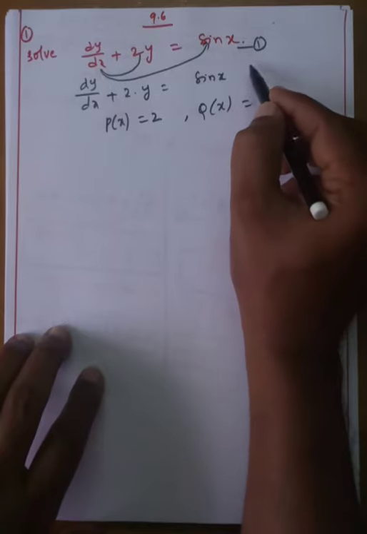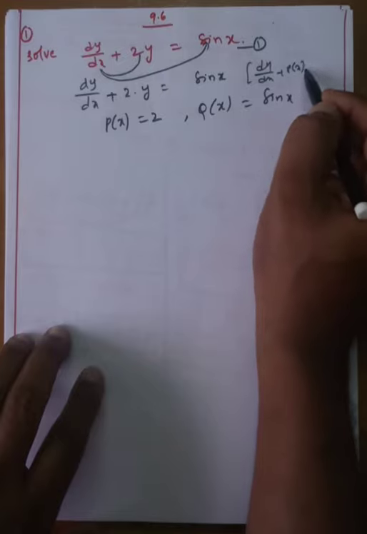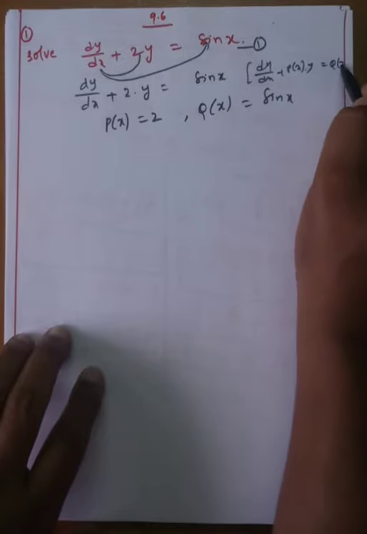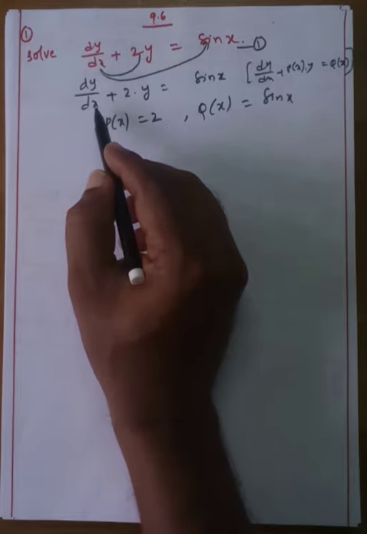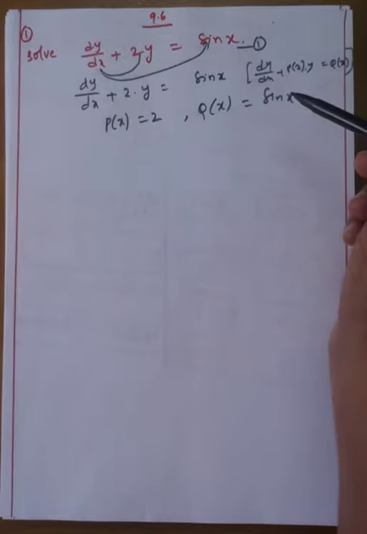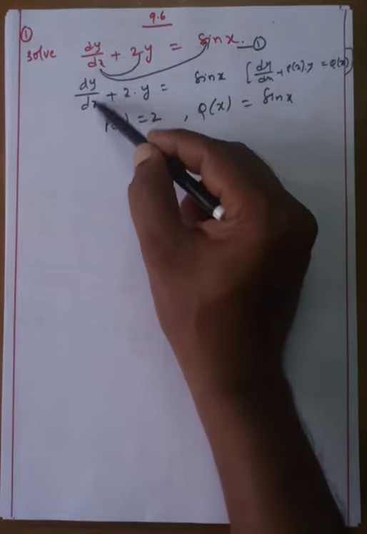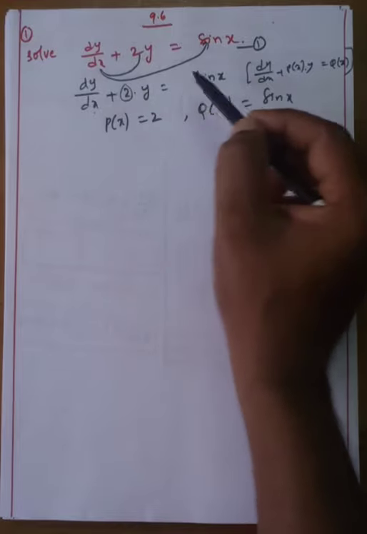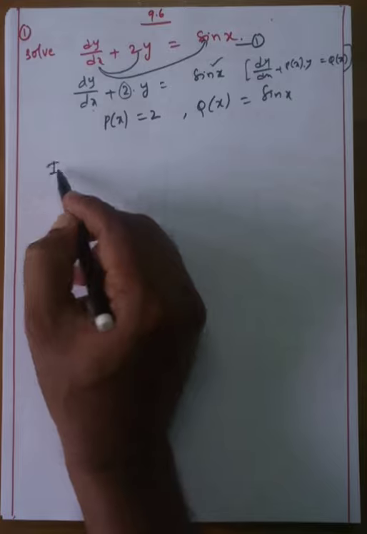What is the formula here? dy by dx plus p of x into y is equal to q of x. 100% observe that, my dear students. With respect to x, meaning x is the independent variable, therefore the functions p and q are 100% in x or constant. Here the y coefficient, in the dy by dx type, the y coefficient is always p of x, and after the equals sign it is q of x.